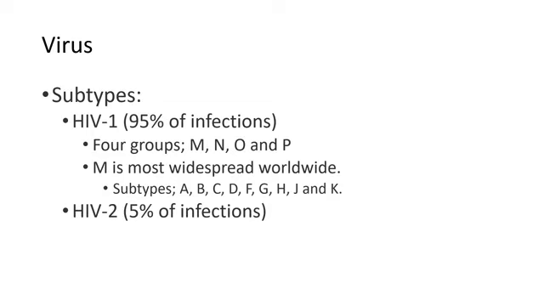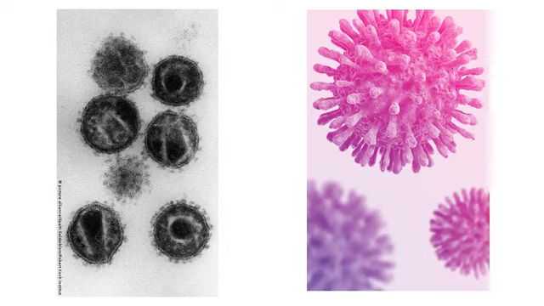So there are several virus subtypes. The most common is HIV-1. It's 95% of infections, and it's the more serious version. HIV-2 is in 5% of infections, and it's less virulent. It's not quite as bad. And then there are a ton of subgroups of all of this. There are four main HIV-1 groups, M, N, O, and P. M is the most common, and then there are subtypes A, B, C, D, E, F, G, H. You don't need to know all of those. The main thing to know is that there is HIV-1 and HIV-2, and HIV-1 is the more virulent.